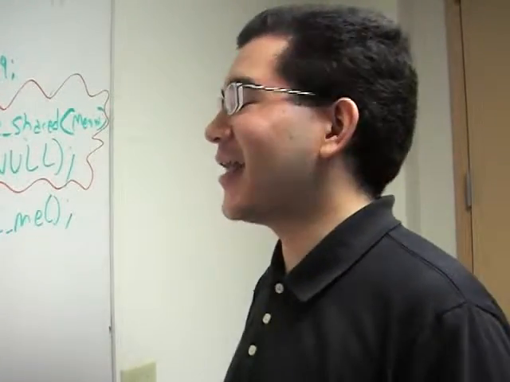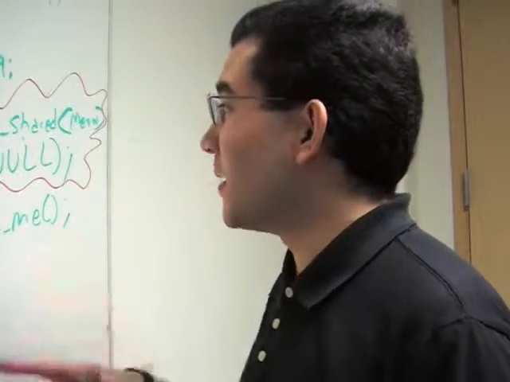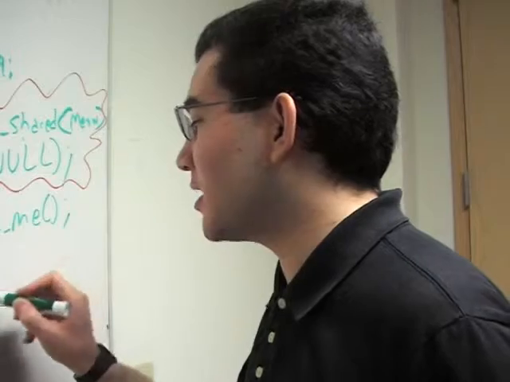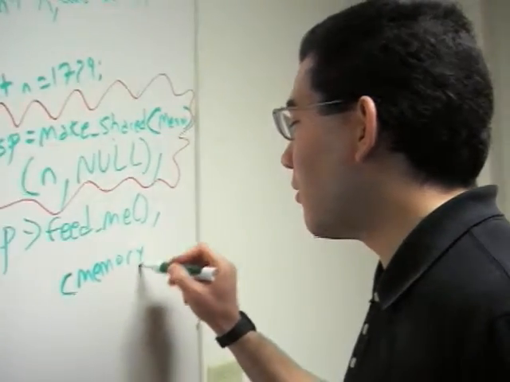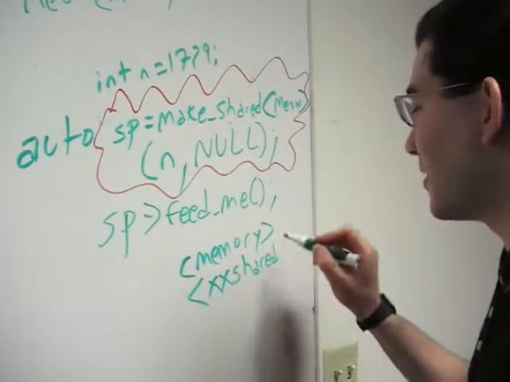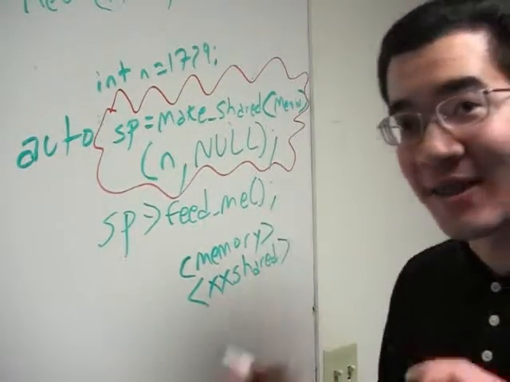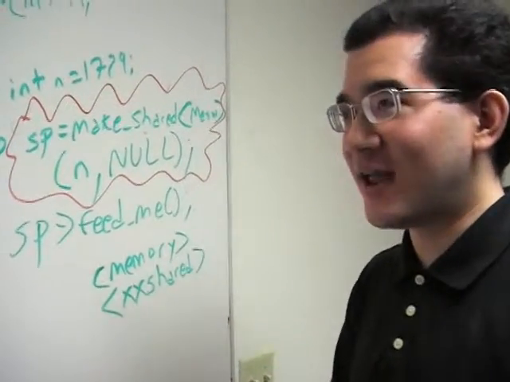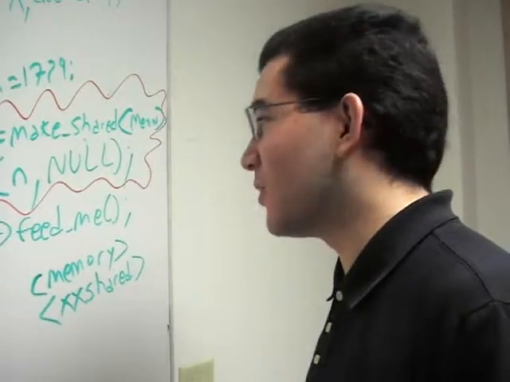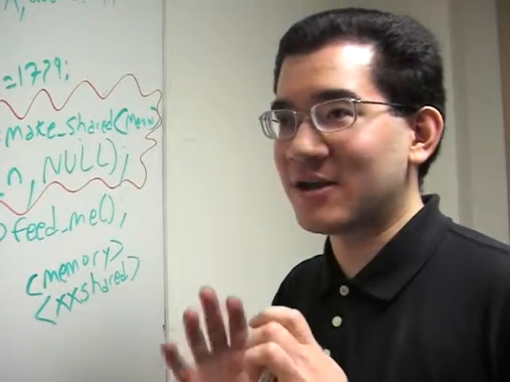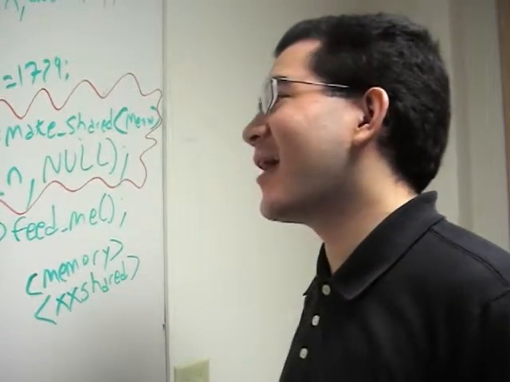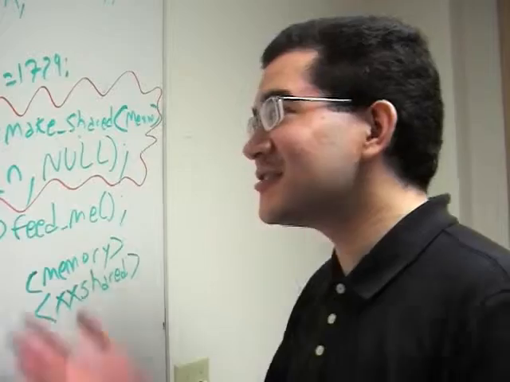Blah, blah, blah, blah. And it's going to be complaining not in your code, but in the header where make shared is defined, which would be somewhere in either memory or more likely in our subheader xx shared, which is where we actually implement this due to that preprocessor stuff. If you look at the line that it's complaining about, it's going to have all this preprocessor magic in it that we're simulating variadic templates with. It's not going to be pretty. It's going to be arcane library internals that you've never seen before, you don't want to see. And it's not going to be obvious what went wrong, because you totally